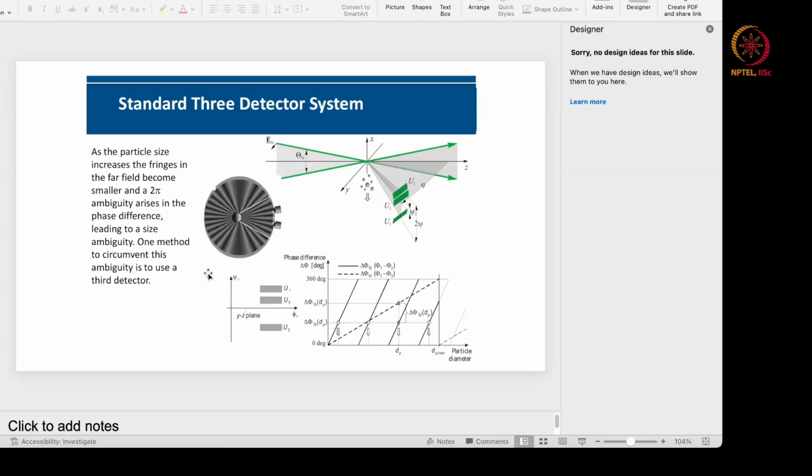To solve this problem, we introduce a third detector, which is closer to detector 1, for example. What this detector does is it measures another phase. For example, in one detector, the black lines measure the phase difference between 1 and 2. The second detector, this dotted line, measures the phase difference between 1 and 3. So this is the third detector. This measures the phase difference between these two, and then the normal detector, and you measure the phase difference